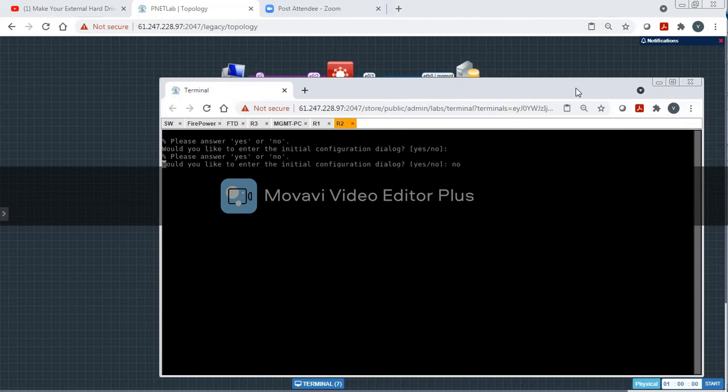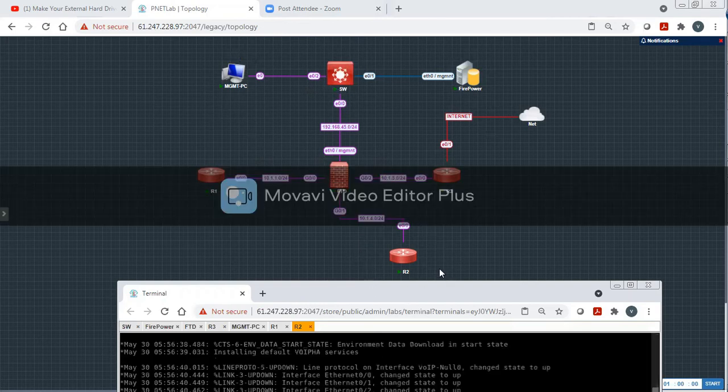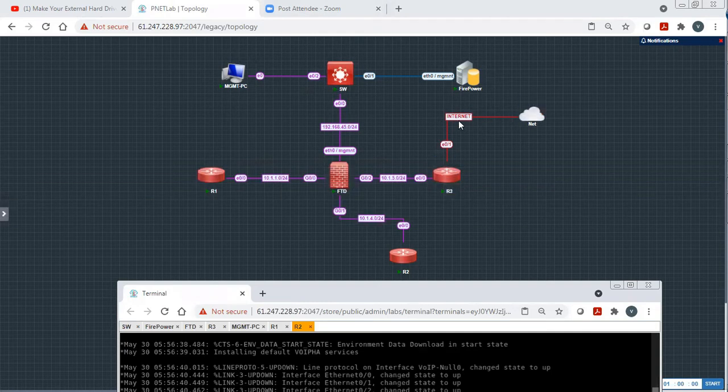Let us discuss one more time the topological view. This would be the management zone. This is the inside zone in which we have router 1, and router 2 would be in the DMZ. R3 is representing an ISP router which is connected to the internet, the actual internet.